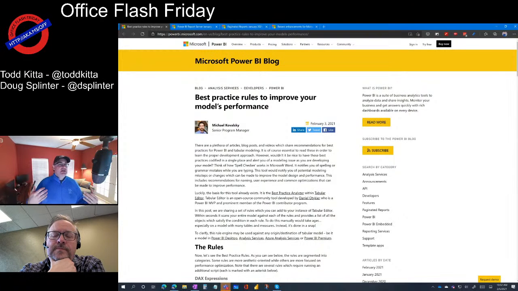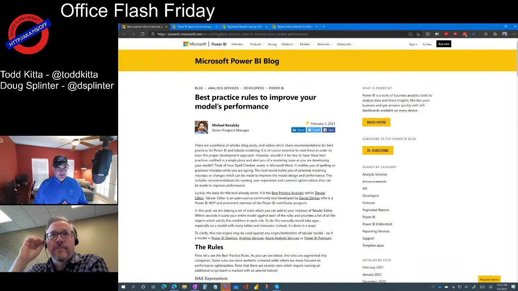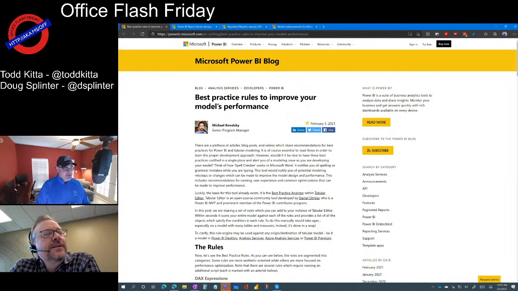This is something I've talked about before, Tabular Editor and bringing in external tools to Power BI. One of the great things we've done over the last year is really open up Power BI Desktop especially, and things like the XML endpoint in the Power BI service, to bring in a plethora of great community tools and open source tools that make your life easier, that make it easier to do things the right way, to manage lifecycle, all those kinds of things.